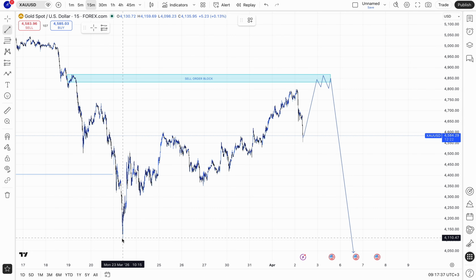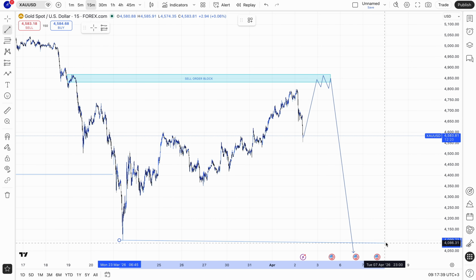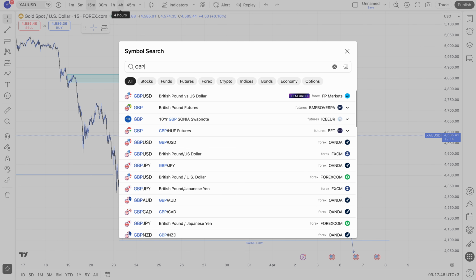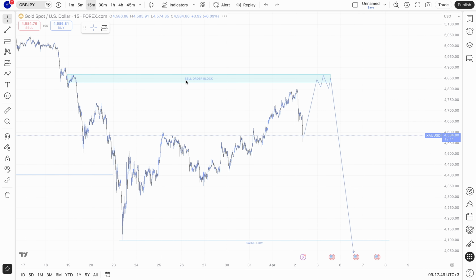You're not going to be greedy and you're going to be patient, because patience is one of the most important things in trading. Swing low, we target that swing low. And for GJ,